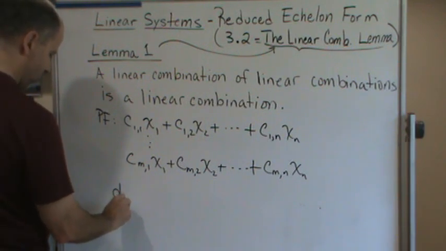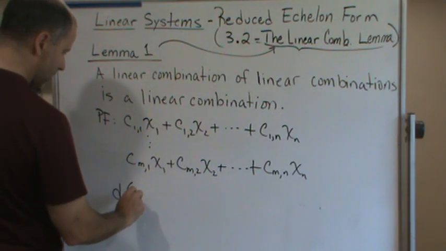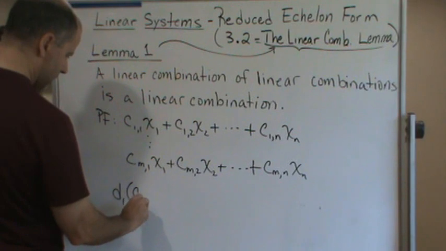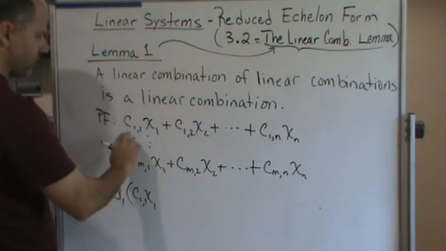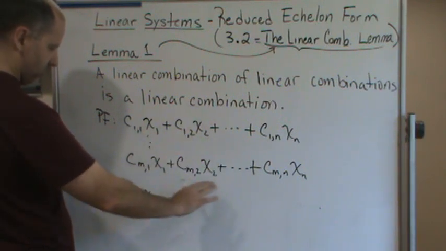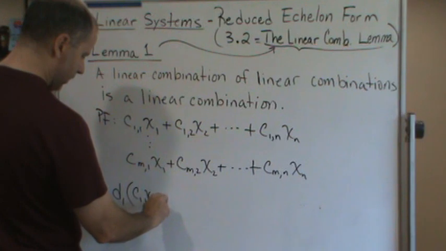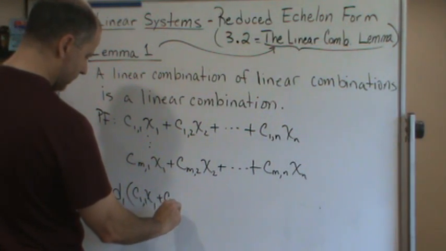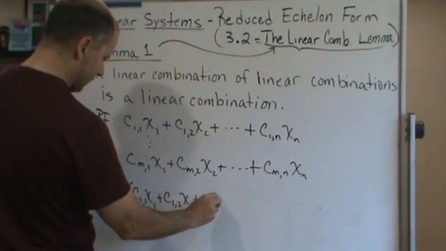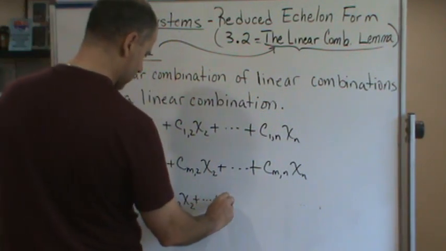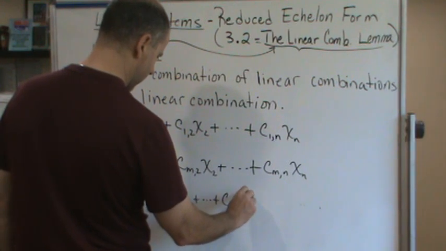So we'll say D1 times C11 x sub 1. Again, these are linear combinations in X, so C11 x1 plus C12 x2 plus dot dot dot plus C1n x sub n